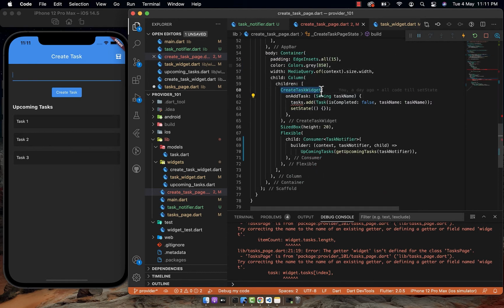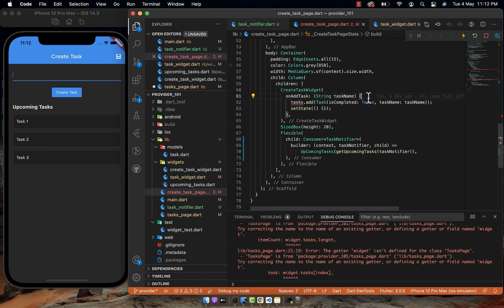Now this create task widget was adding new tasks in the tasks list. So instead of this, we will use our task notifier's add task method. For that, we need to get access of the task notifier. Here, if you see, we don't have any consumer because we didn't want this widget to be rebuilt.